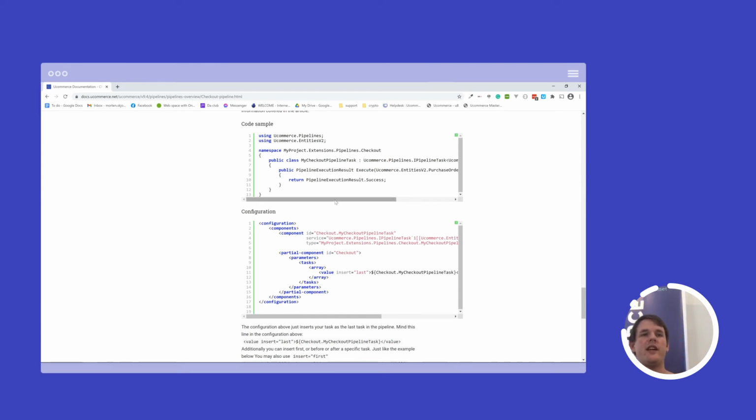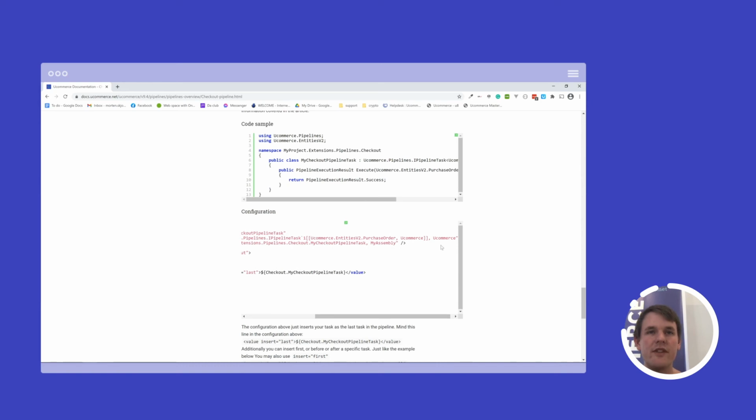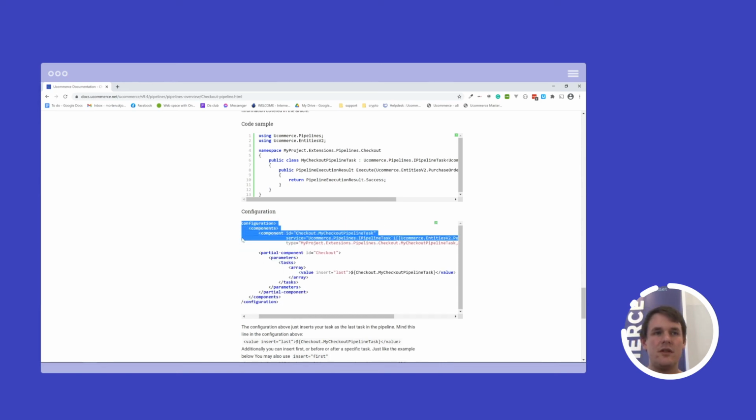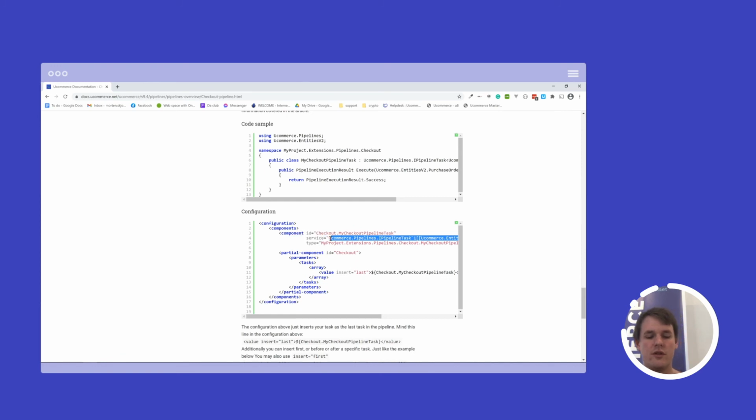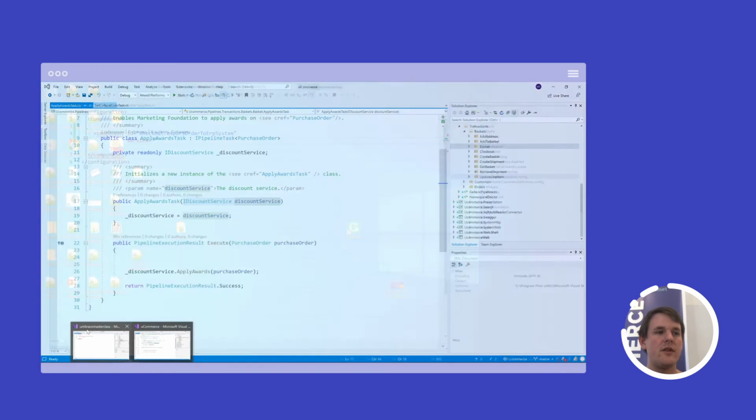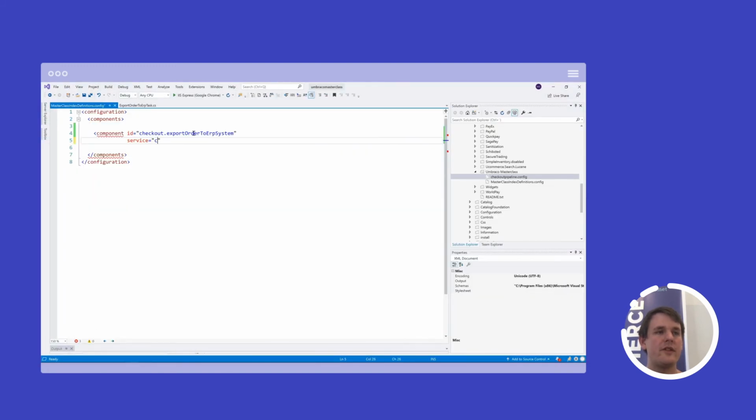It basically does what we have here. It implements the interface, and then it registers the component. So let's try to grab the service right here. There it is.